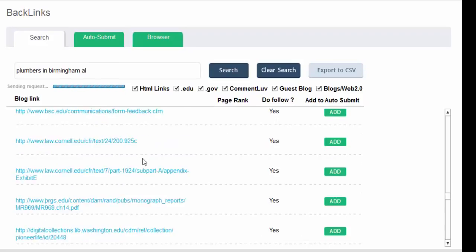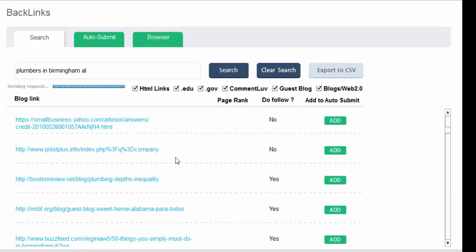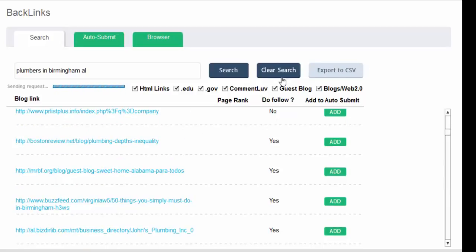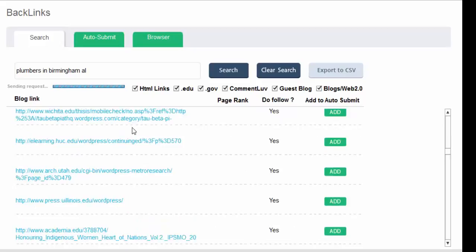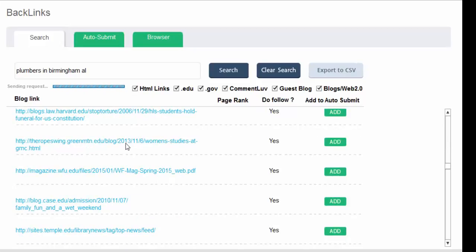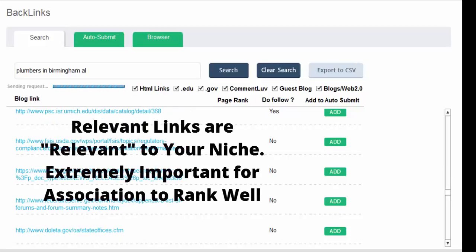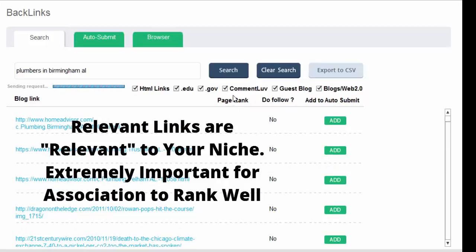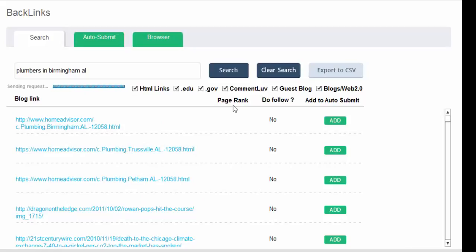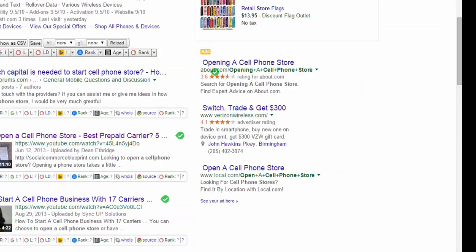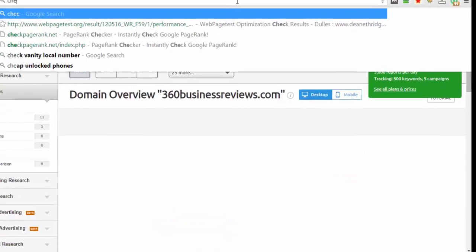Okay, but it's showing me all these links, and I can export this to a CSV, but it's probably going to pull 100 links. So if I wanted to really rank an article, this is where I would go, and I'll try to give you an idea. So these are relevant links, okay, and it's going to pull the page rank soon too, and I want you to see that as well. And the higher the page rank, the better the link. Okay, page rank passes. Remember I talked about page rank earlier.